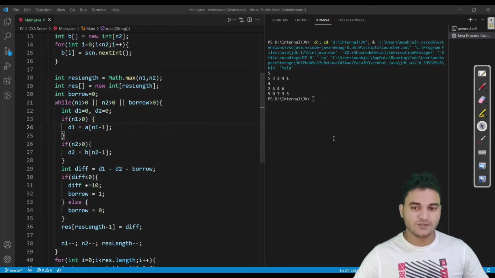So this is the logic for subtracting two arrays, and if you still have any confusion in that, then you